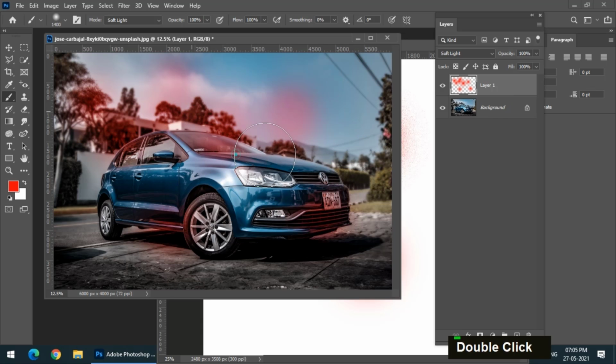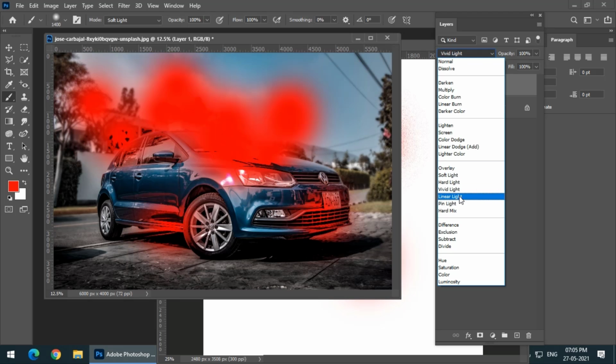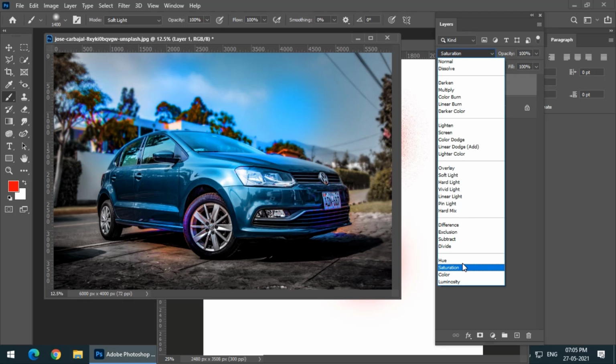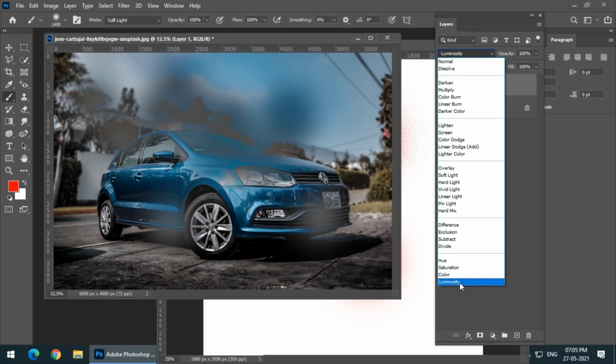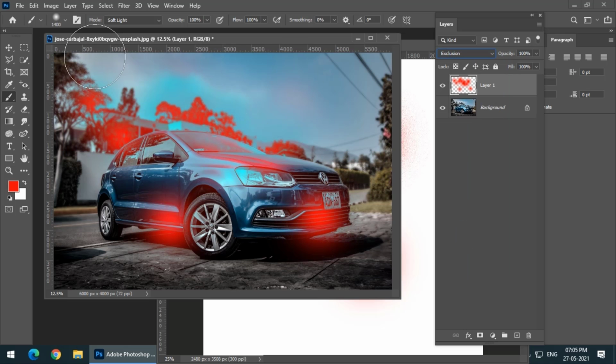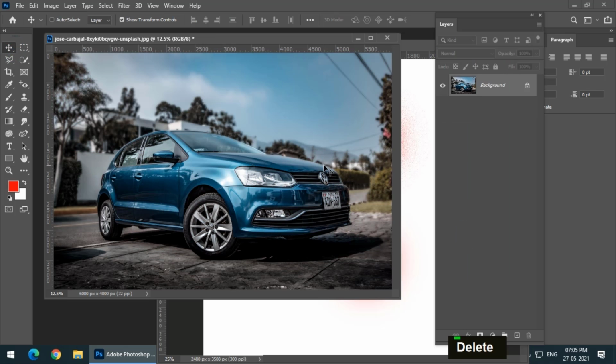So these are some different effects. These are very interesting effects actually. So you have to work on it, and we have to experiment with it. See how it works really. So you have to keep working on it. There are different properties for different modes. Okay, so these were the modes of the brush.